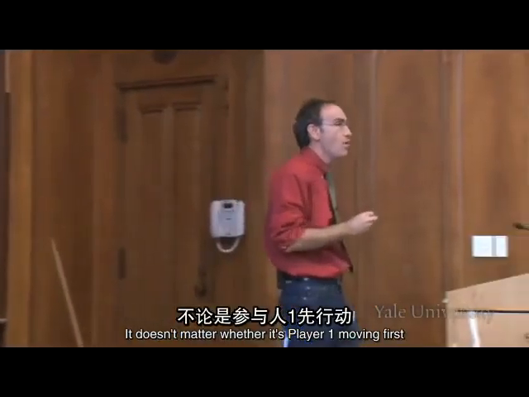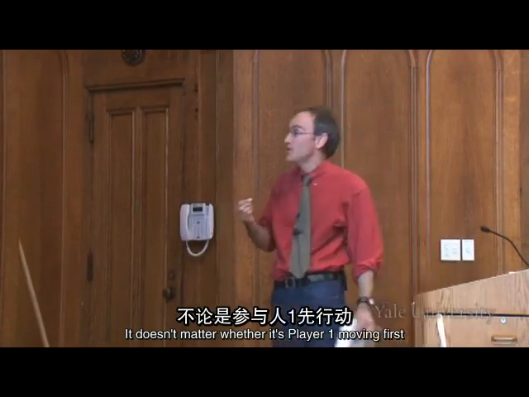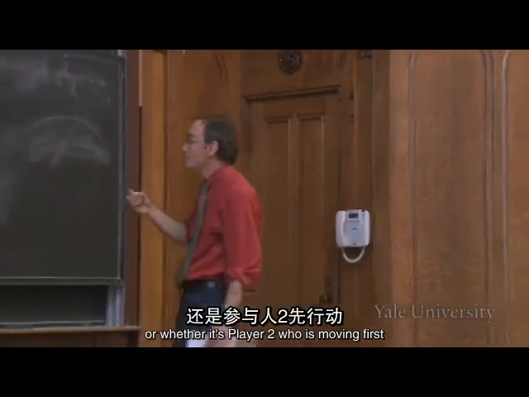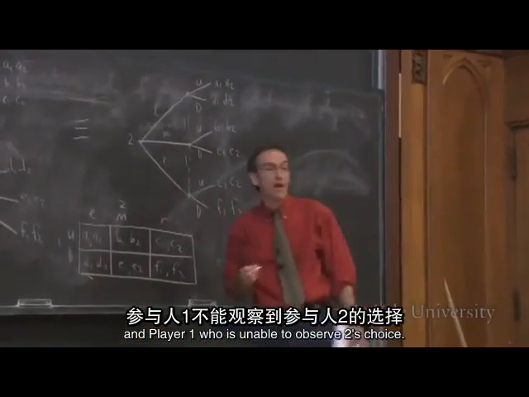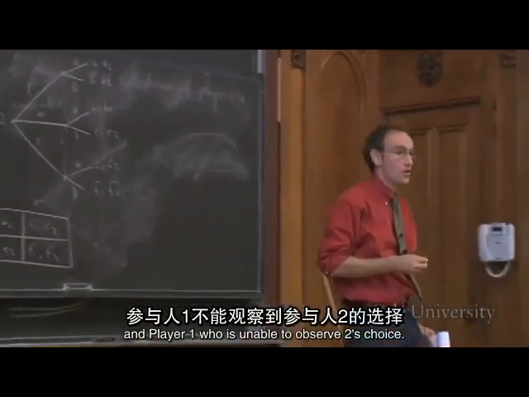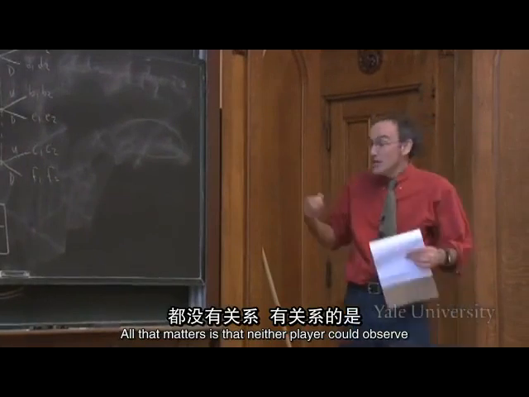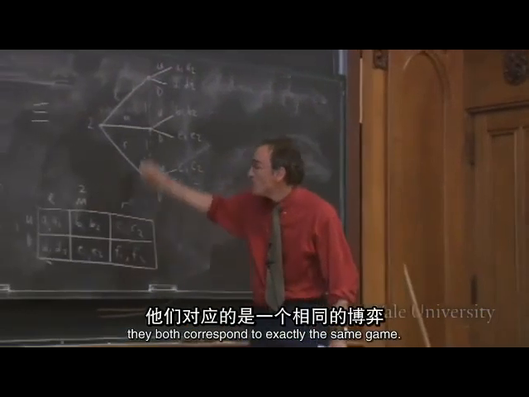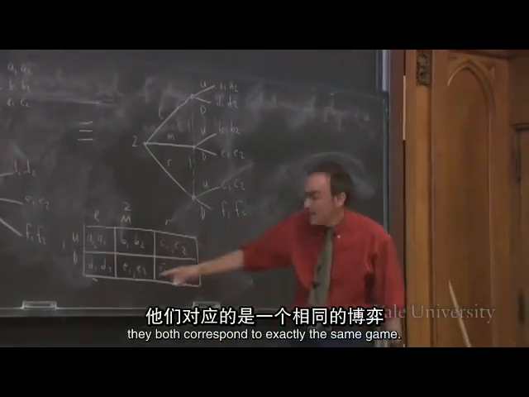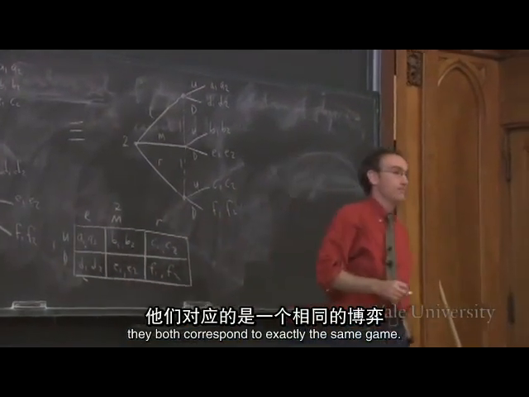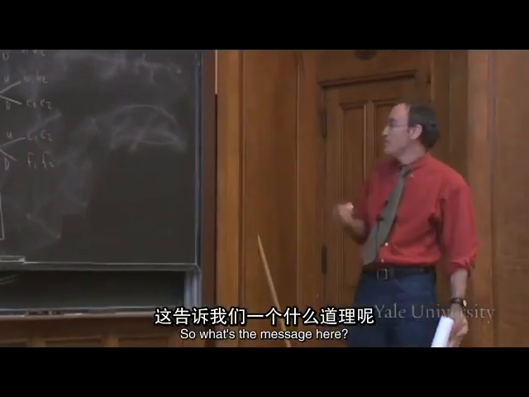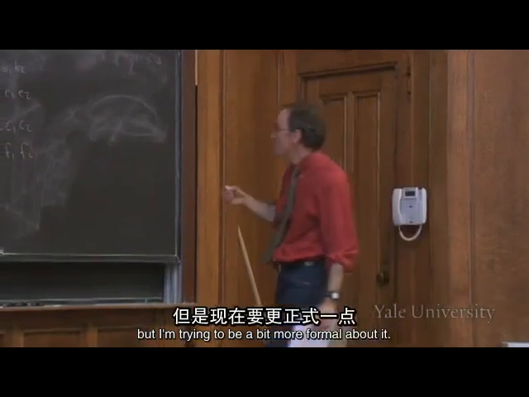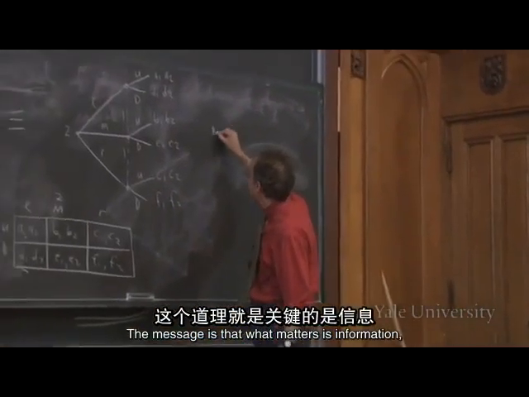It doesn't matter whether it's player 1 moving first and player 2 who's unable to observe 1's choice, or whether it's player 2 moving first and player 1 who is unable to observe 2's choice. All that matters is that neither player could observe the other person's choice before they got to move. They both correspond to exactly the same game. So what's the message here? The message is something we've talked about before in the class, but I'm trying to be a bit more formal about it. The message is that what matters